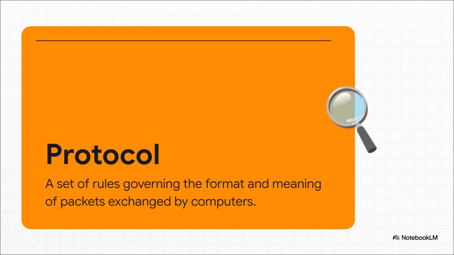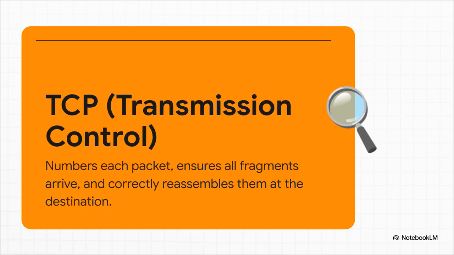So you might be wondering, with all these different computers all over the world, made by different companies, how do they all agree on how to format these packets so they can actually understand each other? Well, they use a protocol. And a protocol is really just a shared set of rules, a common language that decides how data gets packaged and understood. For this part of the trip, the most important protocol is called TCP, the Transmission Control Protocol.